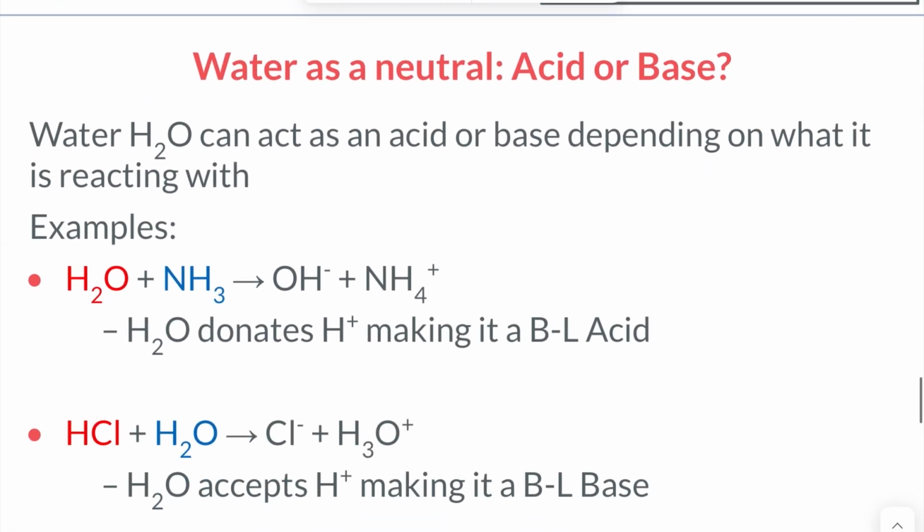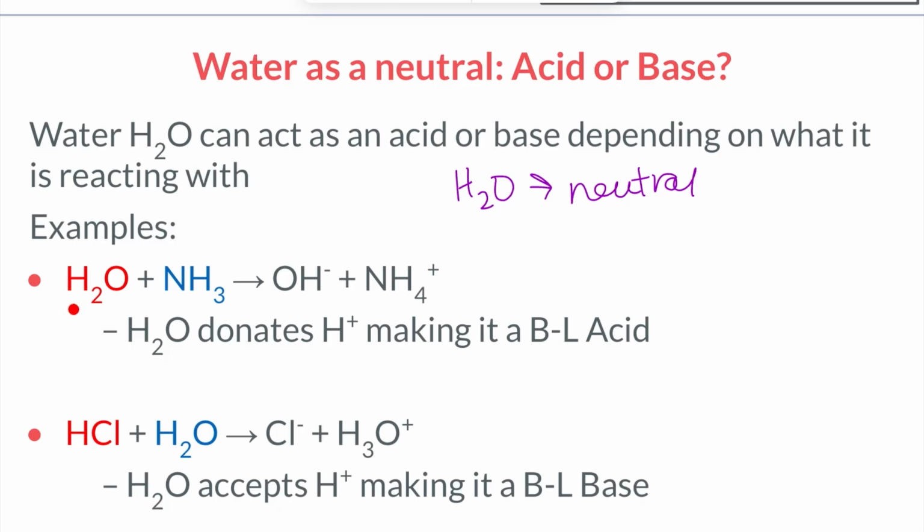Our last piece here now, water is neutral. And so water, H2O, can act as an acid or a base depending on what it is reacting with. So if we have just water by itself, and I say, is water acidic, basic, or neutral? Well, H2O by itself is neutral, sorry. In a reaction, water can act as either. It has that H2O, so it can donate a hydrogen, but it can also